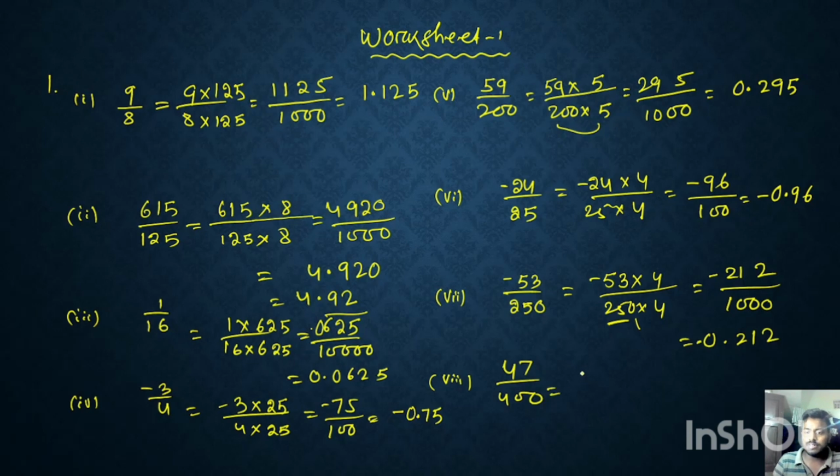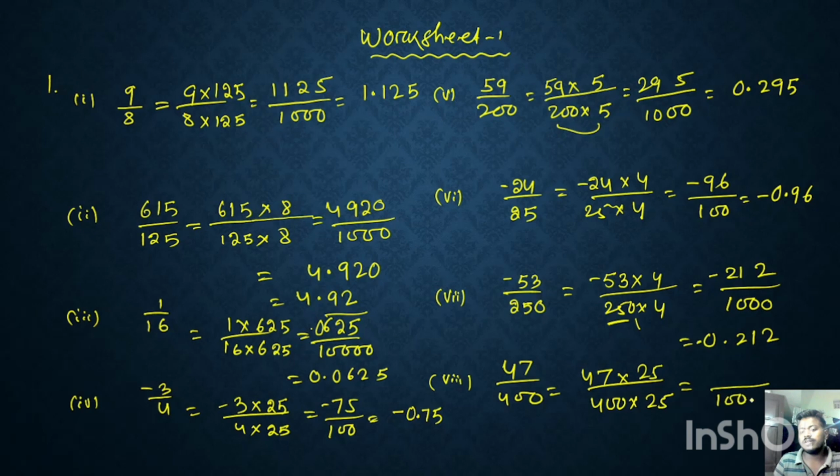Now next question, 47 into 400 into, so 425, then here is 25, now multiply, so 25 4s are